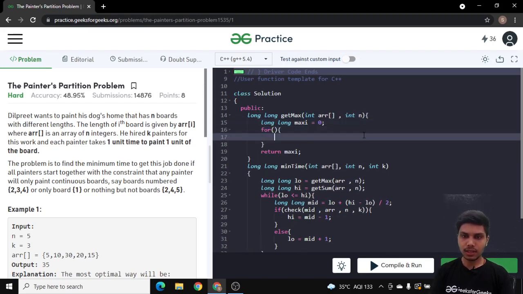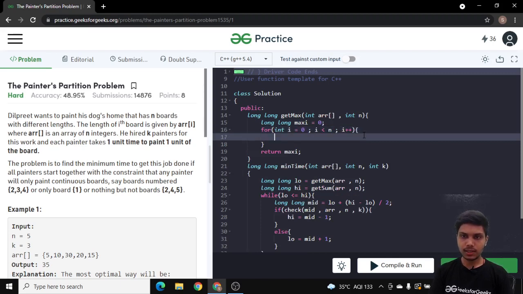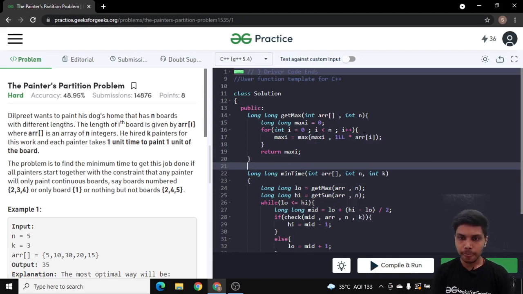Now we will traverse the array from the beginning to the last and check the maximum value. If the value is greater than our maximum value, then we will change our maximum value to the current value. Here I have changed the type of i to long. In this way I will calculate the maximum length of a board in the house.